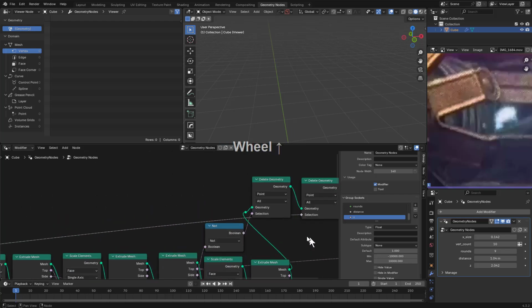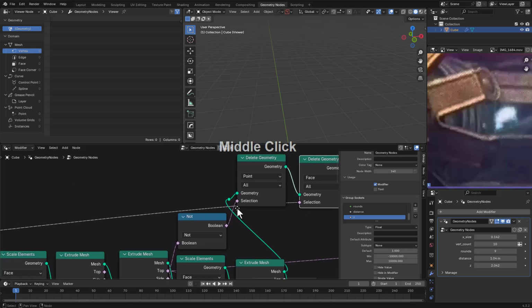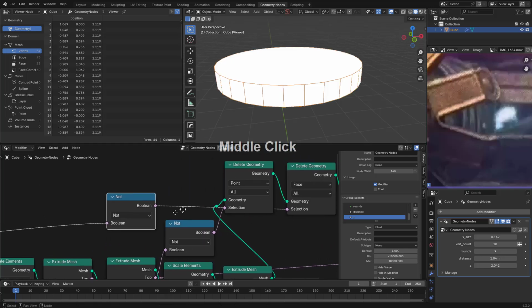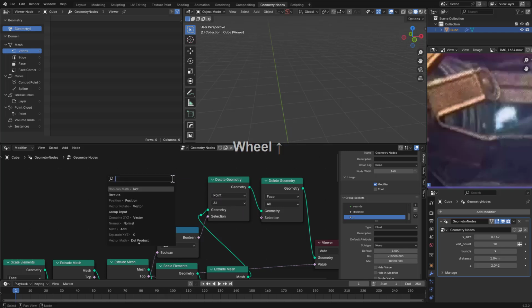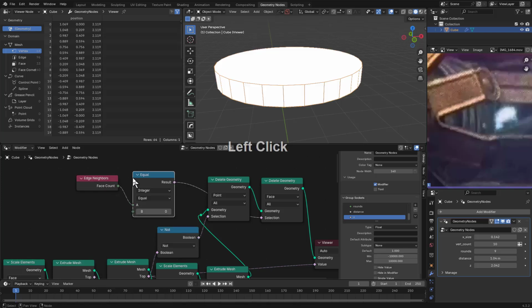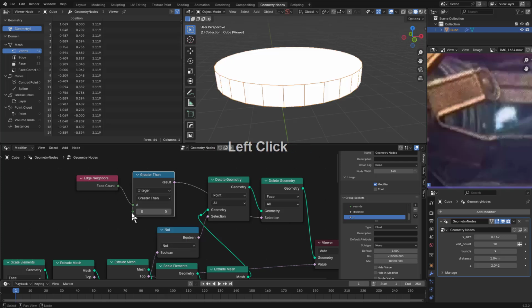You're probably like, what are you doing? And what I'm trying to do is actually... ooh, that did not work out. See, I was thinking I could like delete the top like that, but what I'm gonna have to do is neighbors, and we'll do face count, and let's do a compare, and let's do greater than, and basically if it's greater than 3, just delete it. If the face count